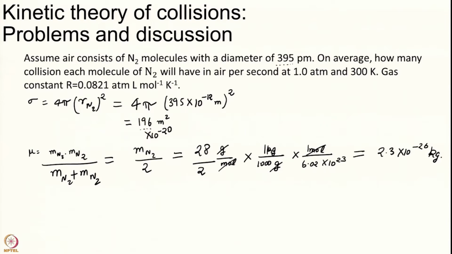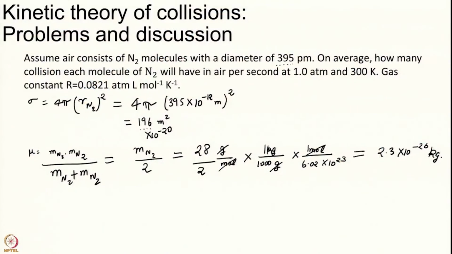When you keep doing these calculations, you will also get a sense of what numbers you expect to get. Mass is generally on the order of 10 to the power of minus 26 or 10 to the power of minus 27. The reaction cross section is generally on the order of 100 angstrom squared. So, get a sense of these numbers. Even if you make a mistake, your sixth sense will tell you that something is not right.